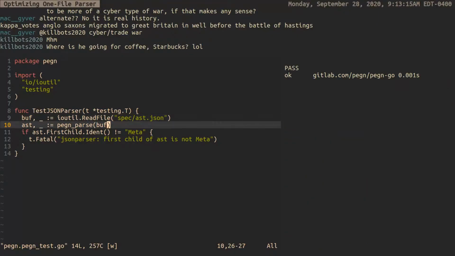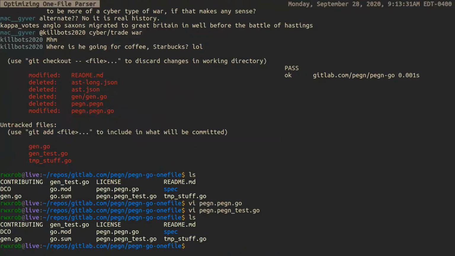And there we go. So yeah, this is just checking something else out. That's a nice change. All right, so now we're off and running on what we were doing before, which is